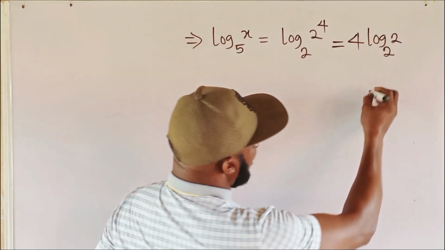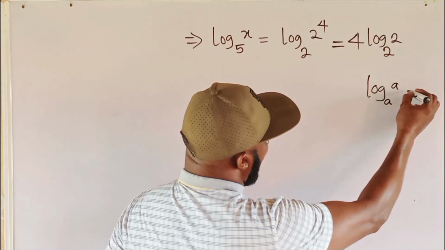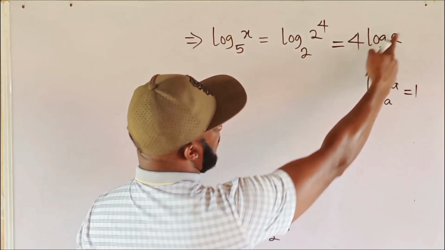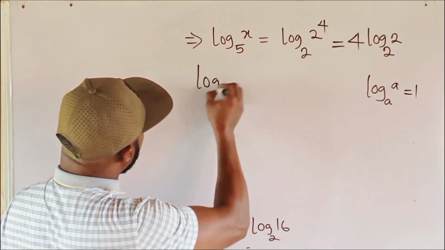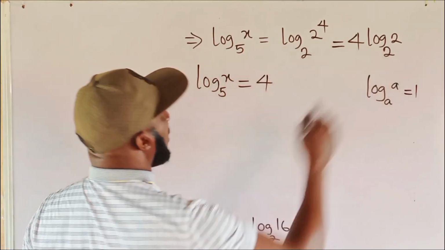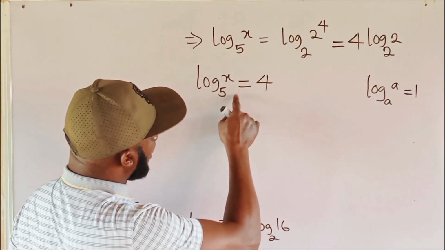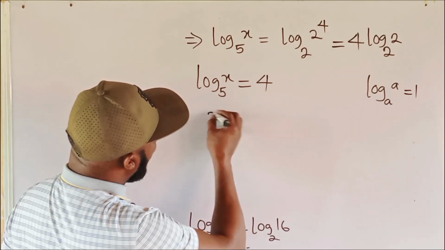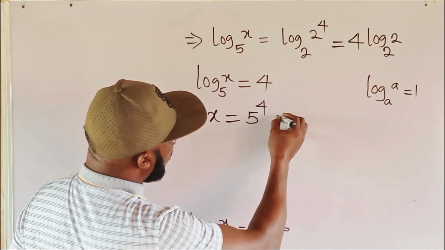And log of the base of the same argument is 1. So log to base 2 of the argument 2 is 1. We shall have log to base 5 of the argument s equal to 4 multiply 1. So if we convert this logarithmic equation into its exponential form, s is equal to 5 to the 4th, which is